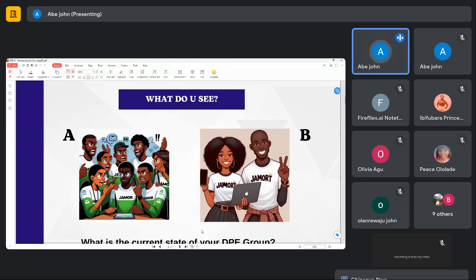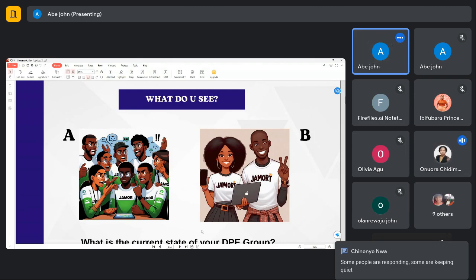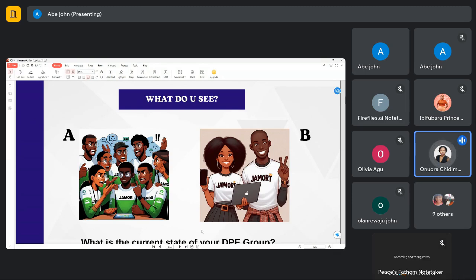Okay, Honor Chidima Blessing, you can go ahead. I don't know, maybe I'm the one misinterpreting the drawing, but I think it's more of Team A because more of brainstorming. We are expected to do teamwork. Everybody is bringing their opinion because I can see chat symbols there.